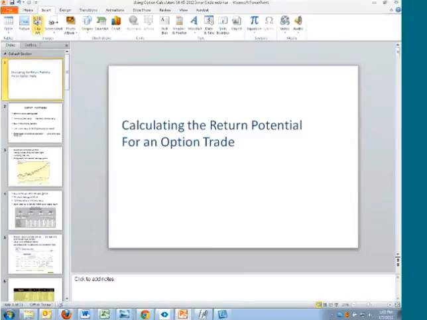In today's webinar, we're going to take a look at calculating the return potential for an option trade using the option calculators. They're a great tool to help us determine the profit-loss potential for a trade before we take the trade. As far as I know, I'm the only source for these types of calculators, and I make them available to members, and it's a great source for